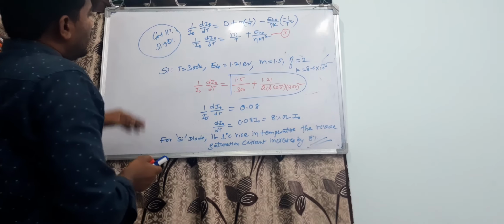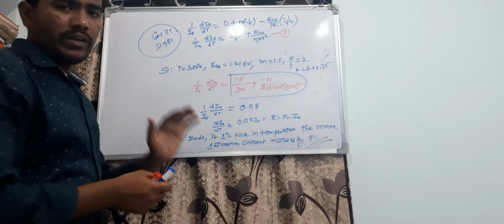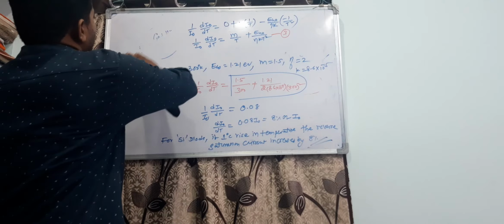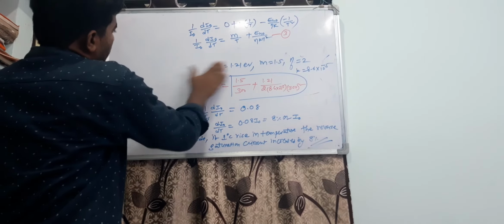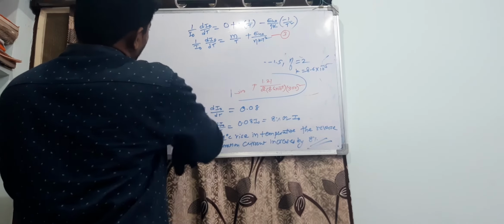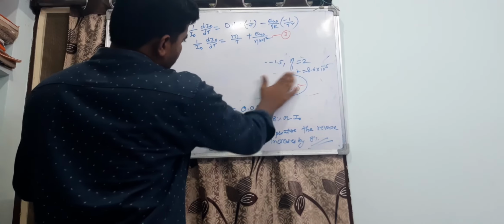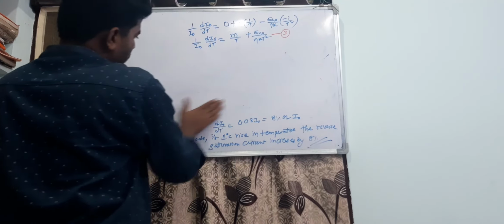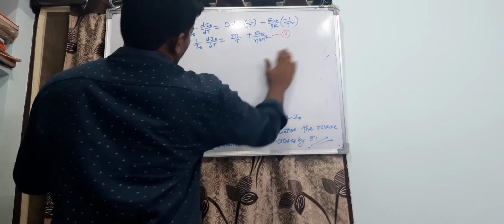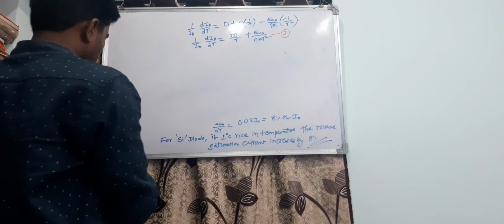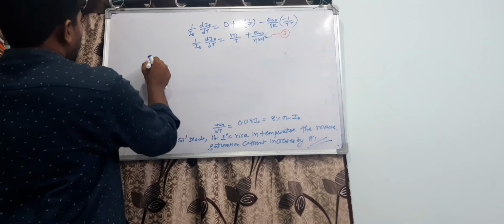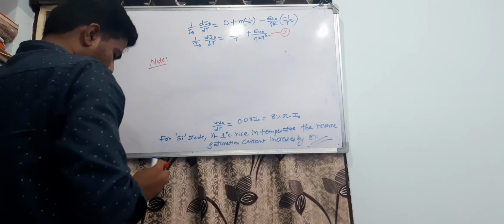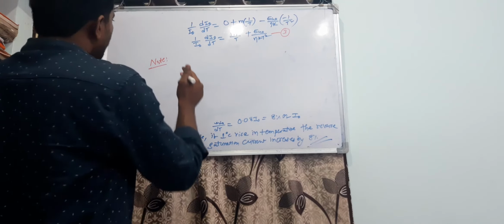Another point is that germanium and silicon may have variation, but in general, while they are writing the books, they compensate, and finally they conclude how much the reverse saturation current increases when the temperature is increased, like 1 point only. That is a very important note here. I am writing with red pen. Note. This is a very, very important note here.